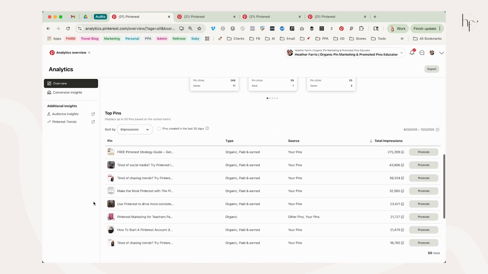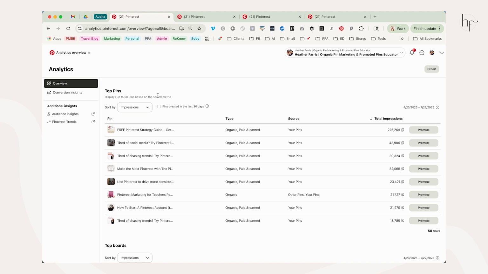So we're going to navigate down to the top pin section, and we are going to start looking at our top pins and seeing what keywords we used in those titles to rank. So let's say it's Pinterest marketing for teachers, Pinterest strategy guide, how to start a Pinterest account.